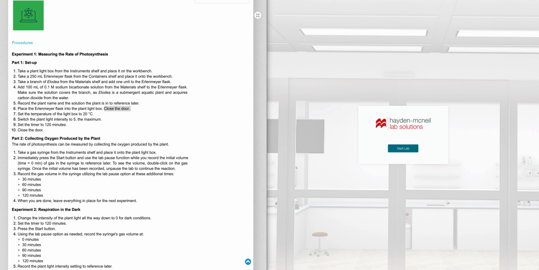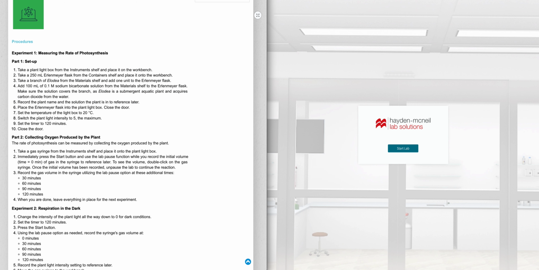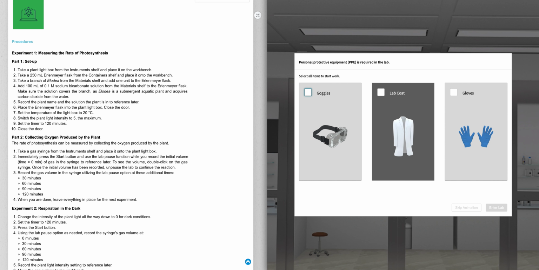For those of you who are working through the photosynthesis lab, there is a small mistake in the procedures on step 6 of experiment 1 part 1, where step 6 says close the door. So I'm going to show you how to go through steps essentially 1 through 10 really quickly so that you can figure out how to get to the end of that spot. It is a little tricky, and I have called them about that process, and hopefully they will get that